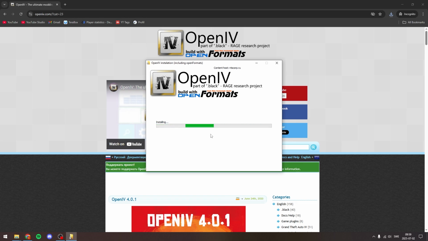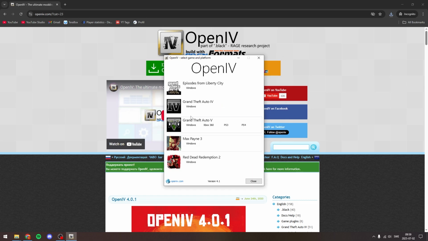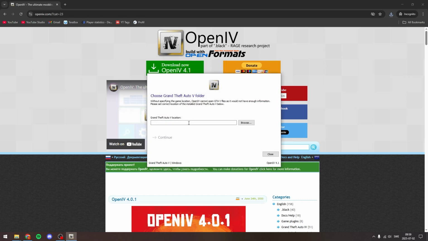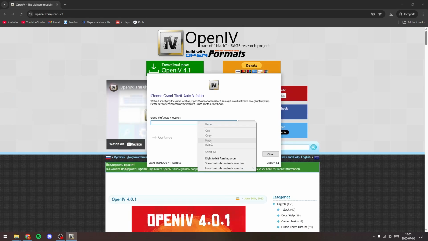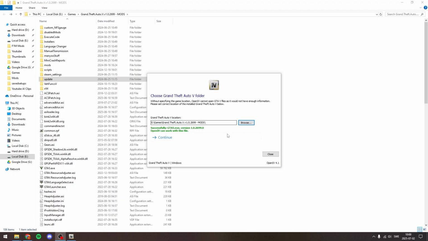And then obviously if you check the box to open it after installation, it will open like this, and you see it's compatible with all these games. But what you're going to want to do is choose Grand Theft Auto and click Windows. Now it's going to ask you for your game directory. You're going to want to either copy and paste the game directory location here, or click Browse, then click on a folder and select it. I have it right here, so you just copy it and then paste. You just select it or copy paste, and then it should say successfully, and then OpenIV can work with this